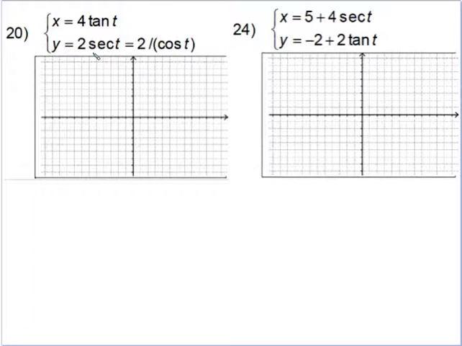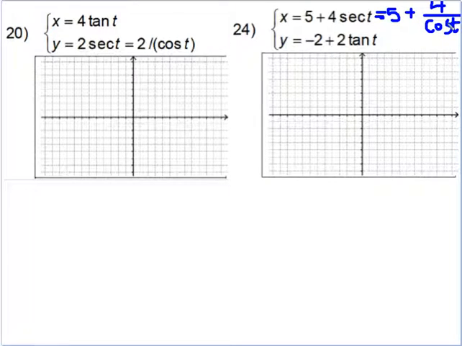Remember, with the old calculators, most of you don't have the secant button. If you don't have the secant button, you can just take this function here and do 2 divided by cosine t in the calculator. Over here where you have the secant, it would be 5. This equation would be the same as doing 5 plus 4 divided by cosine t here. Okay, these will be hyperbolas, and most of my students are like, well, how do I do a hyperbola